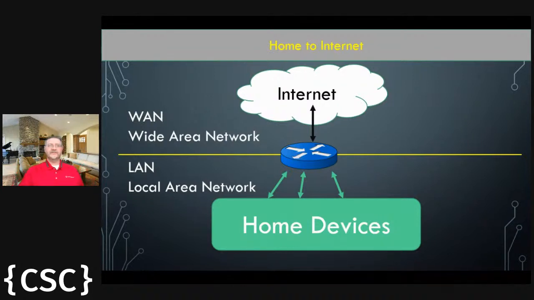When you have devices that need to talk to each other on your home network, that is on the LAN side, the local area network side. And that router knows whether it's destined for something that's already internal to that home network, or if it needs to go outbound and get out to maybe the internet. Maybe it's more of a parent router, depending on where you're at. If it's your home devices, of course, you go straight to the internet.